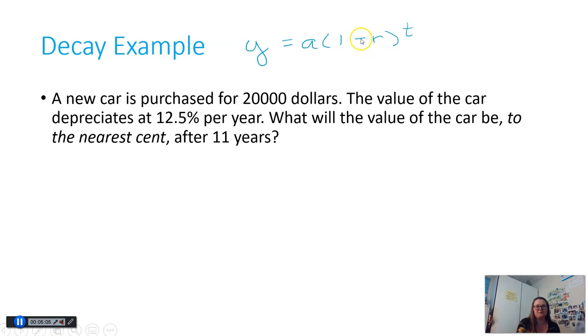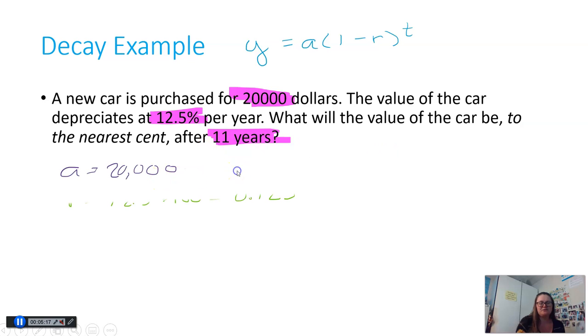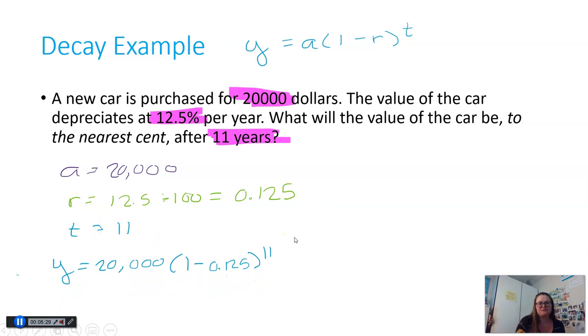The only difference is I'm going to subtract that r instead of adding it. So we have an initial value of 20,000 at 12.5% per year for 11 years. So a is 20,000, r is 12.5 divided by 100, which is 0.125, and t is 11 years. Now we put it into the formula. 20,000 goes where a goes, parentheses 1 minus 0.125, close parentheses to the 11 power. Type that straight into your calculator, and you should get